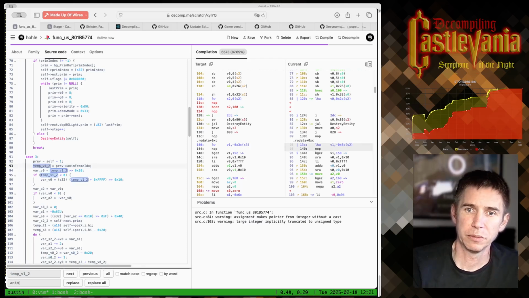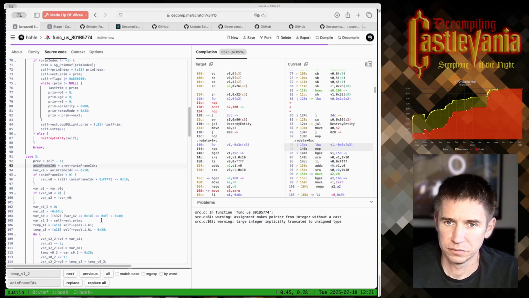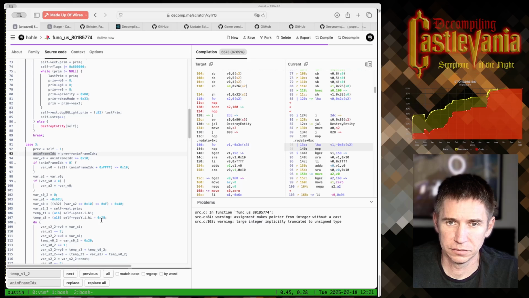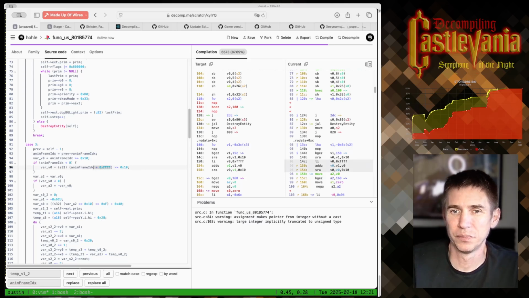Temp1 underscore true, I'm going to rename anim frame index. This is the same as saying -1. It's just a cheap